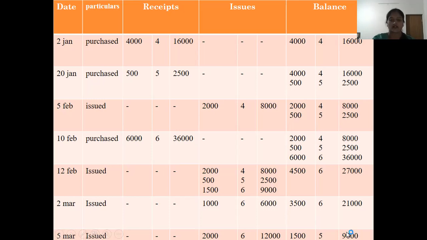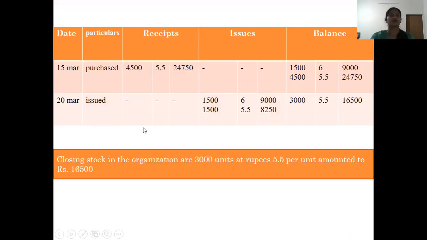Okay, next is on 15th we have purchased. On 15th we have purchased. How many units have been purchased? 4,500 units at the rate of ₹5.5 per unit, amounting to 24,750. Okay,